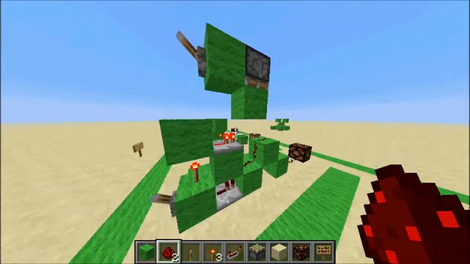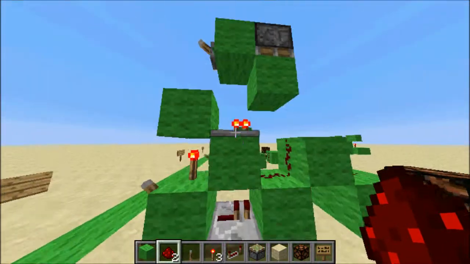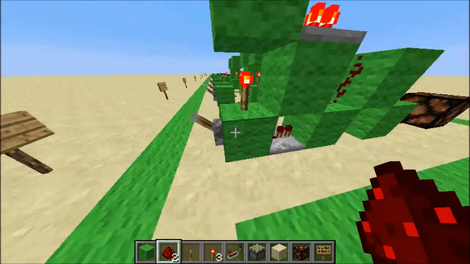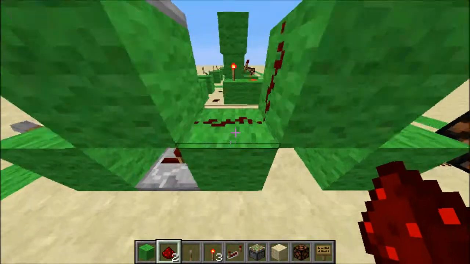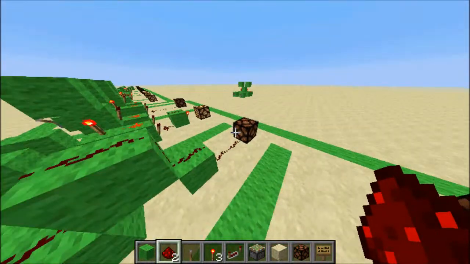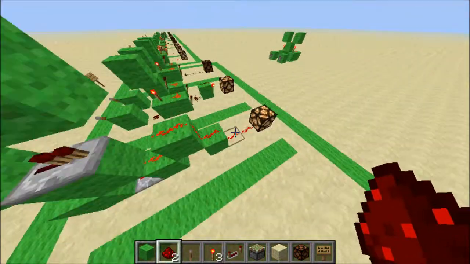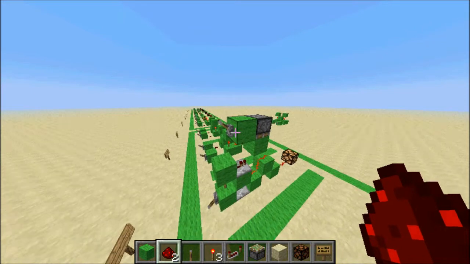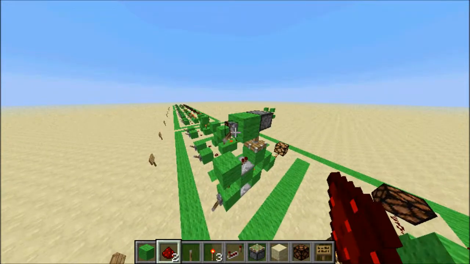So what this piston does is it selects which input it uses. So now it's using the input from down beneath, so it goes like here, up here, through there. And if we flick this lever, it just goes straight through. But we can also choose the other input. So when we flick this one,